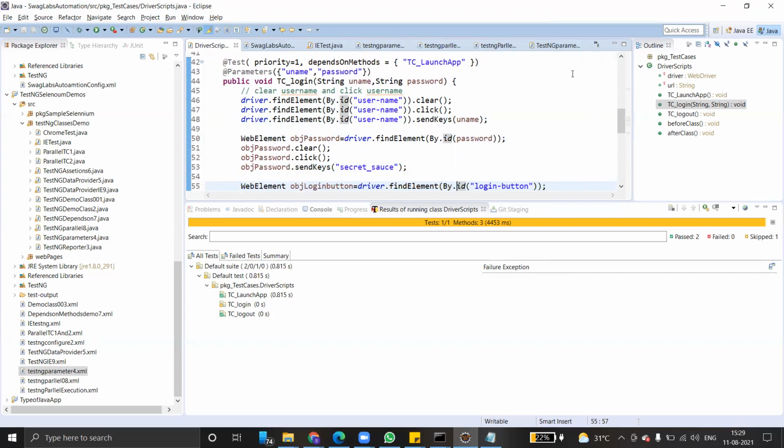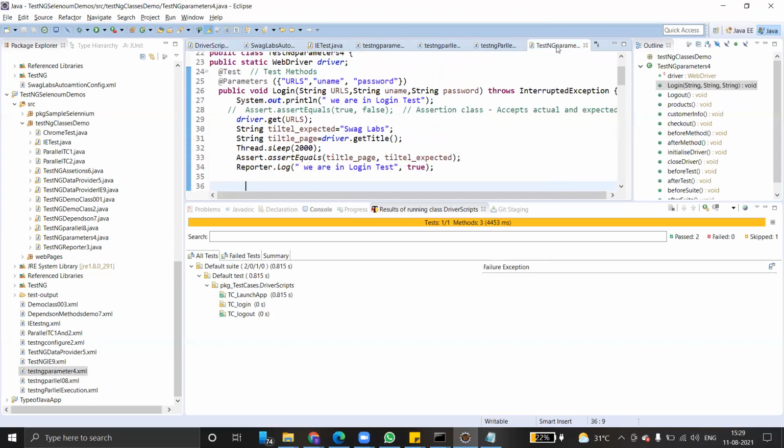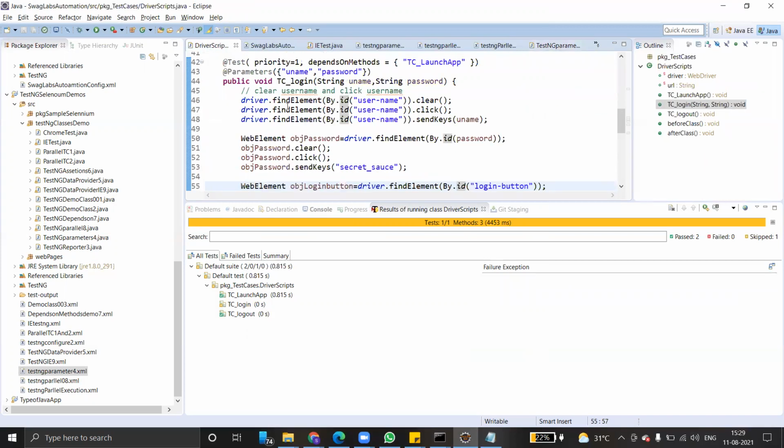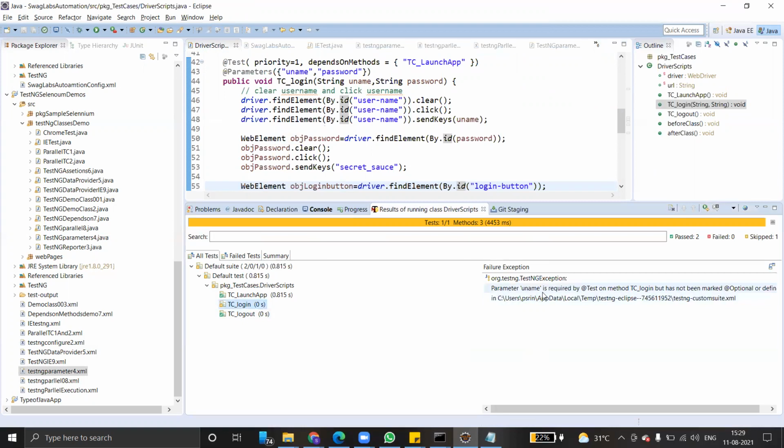Sorry, sir. Are you missing something? Nothing, sir. Login parameter uname is required by the @Test annotation, but has been marked as optional.